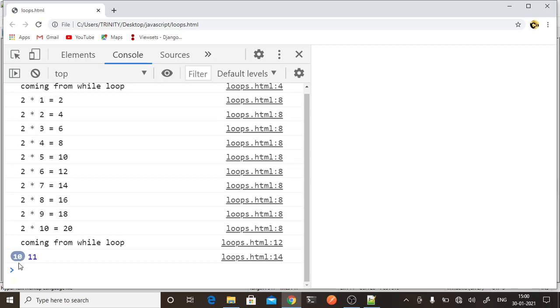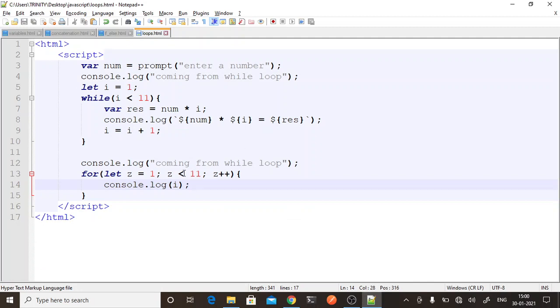It is printing 11. z is equal to 1, z is less than 11, z plus plus.